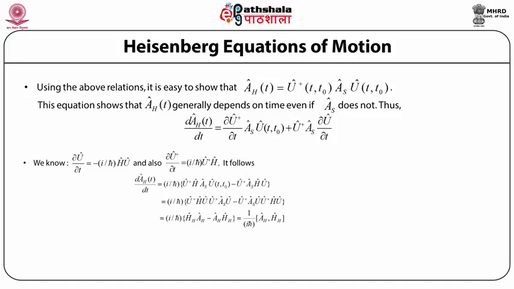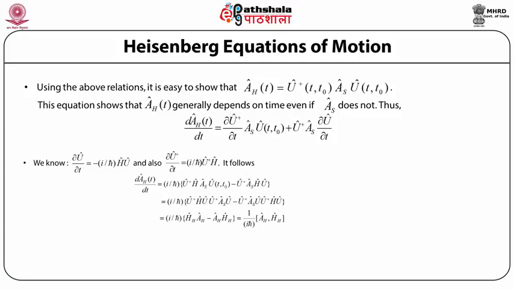Similarly, the partial derivative with respect to time of U dagger is equal to i by h-bar times U dagger H. It thus follows that the derivative of the operator A_H with respect to time turns out to be equal